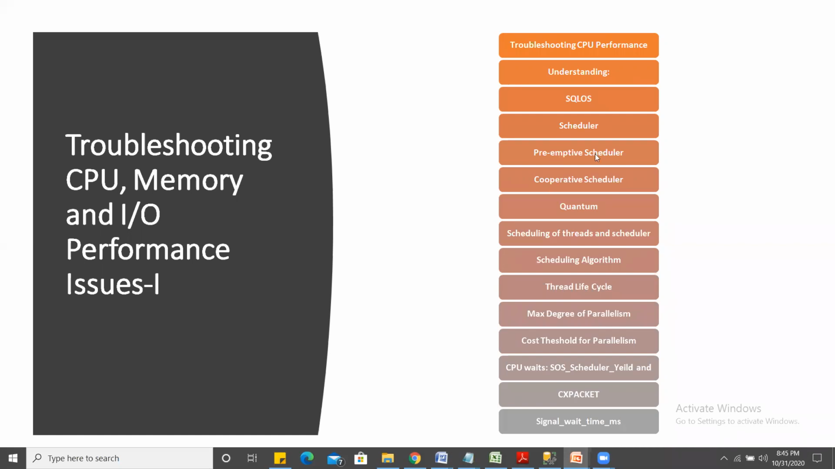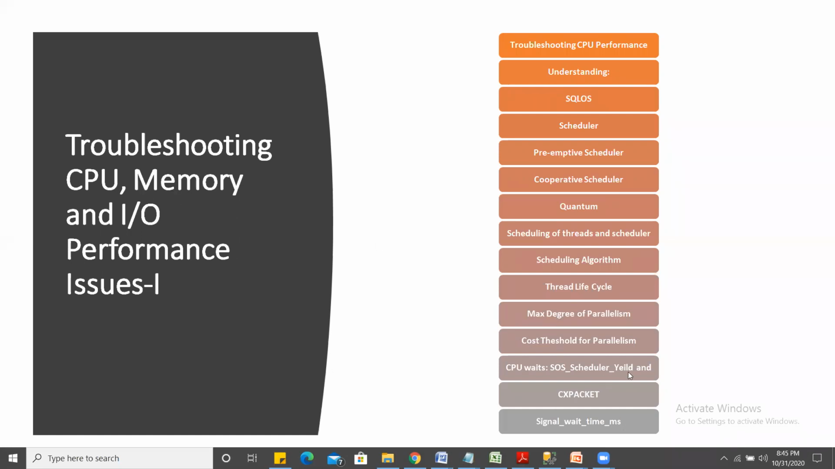Since they are scheduling threads, a thread has a life cycle. What is the thread life cycle? That we will discuss. What is max stop? That we will talk about. Then we will talk about cost threshold for parallelism. How these two are interrelated, we will talk, and how these two play an important role in troubleshooting high CPU utilization